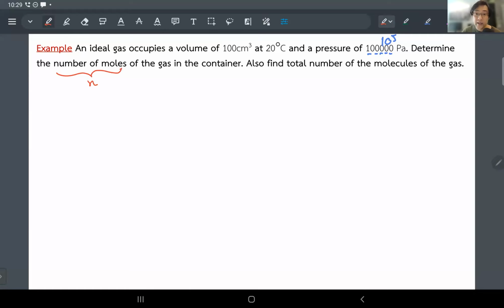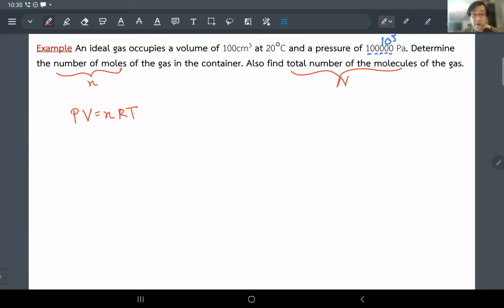Okay. Also find the total number of molecules. So if you want this one, that's your capital N. All right. So from the look of this one, it's not bad. Let's attack this. So start with PV equal to small n RT. That's easy to do. So the number of moles will be easy, but the only annoyance in this problem is